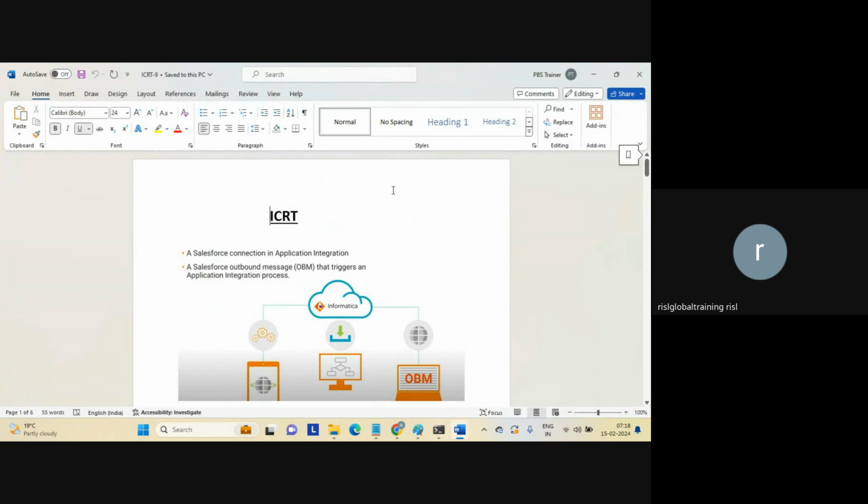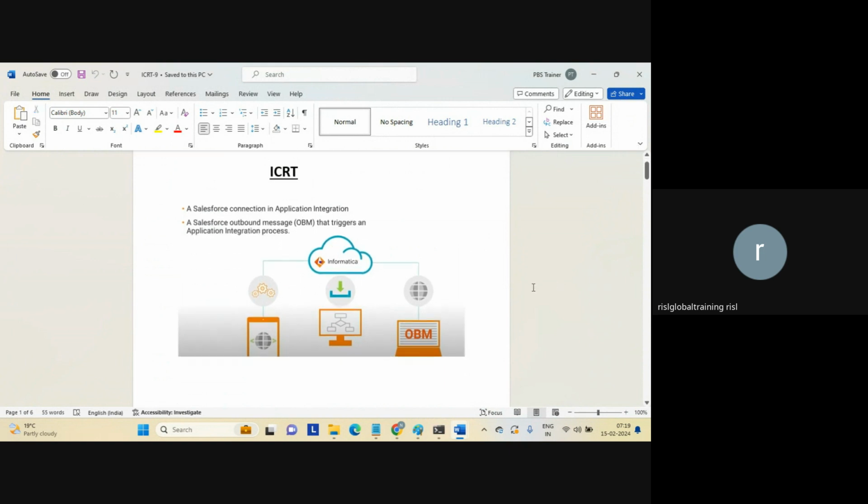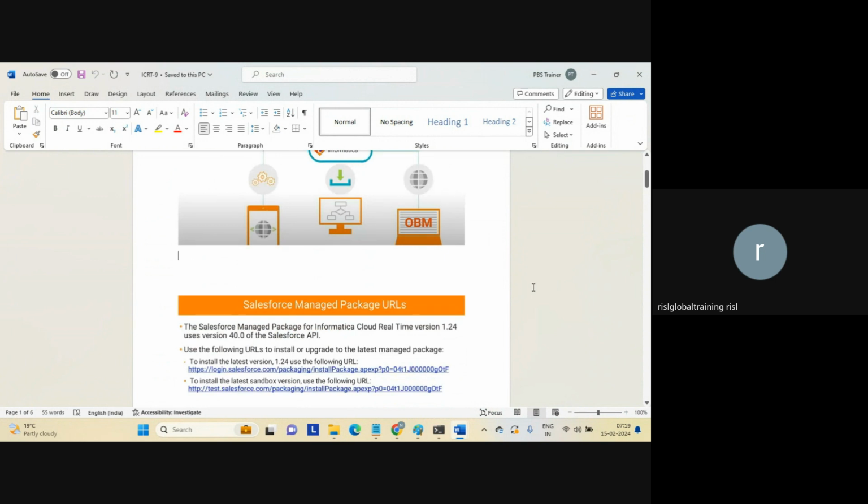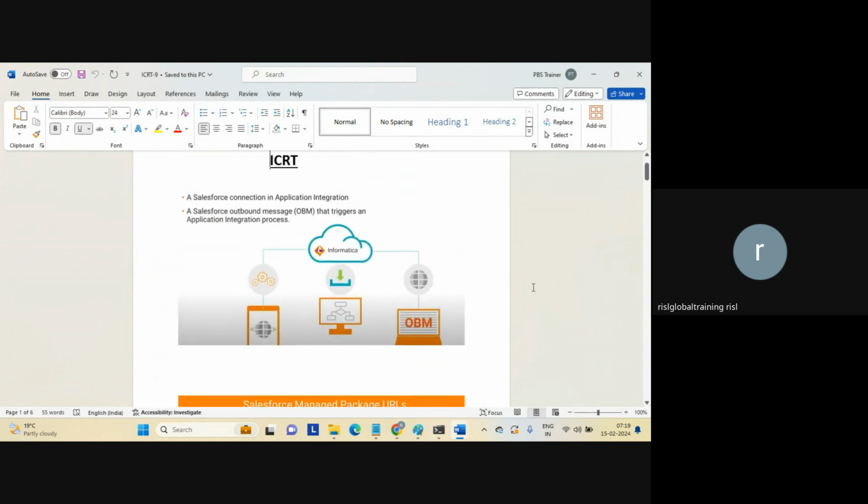So this is one of the intermediate packages that is required to make Salesforce talk to IICS. Can you see here? So which means Salesforce outbound message that triggers app integration process. So the package is mandatory to talk to Salesforce with